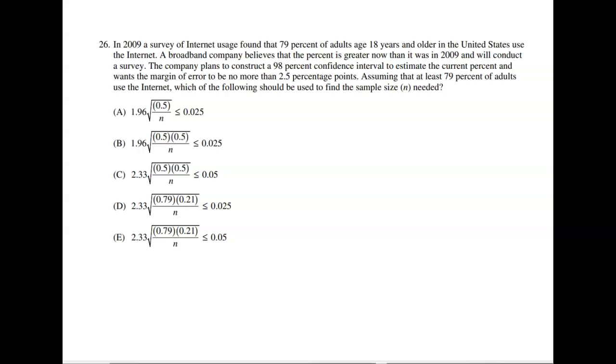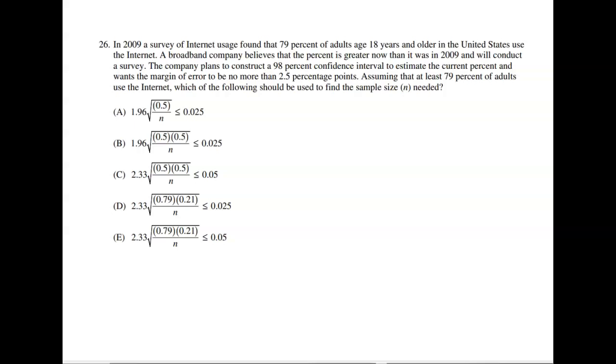Assuming that at least 79% of adults use the internet, which of the following should be used to find the sample size needed? Now, they did tell us that assuming at least 79% of adults use the internet, so we can use that for our proportion, our p-hat, since we have that information, right? So right off the bat, we can get rid of A, B, and C, and we're going to look at D and E because of the 79% as our p-hat, and 1 minus 79% is going to be